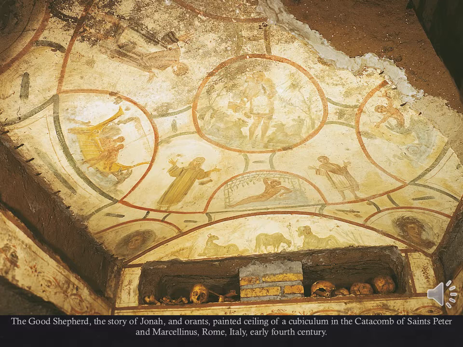Jonah and the whale. If you're familiar with that story at all, you know that Jonah gets swallowed up by a whale. He's in the belly of the beast for 3 days, and then he gets spit out by the whale. And we'll see that as a scene that turns up a lot in this period of early Christian art. Again, this is used symbolically, allegorically, in terms of Jonah is a stand-in for Christ. Christians believe that Christ died on the cross, and then 3 days later was resurrected. Jonah was swallowed up by the monster, and then 3 days later he was spit out, and he came back.